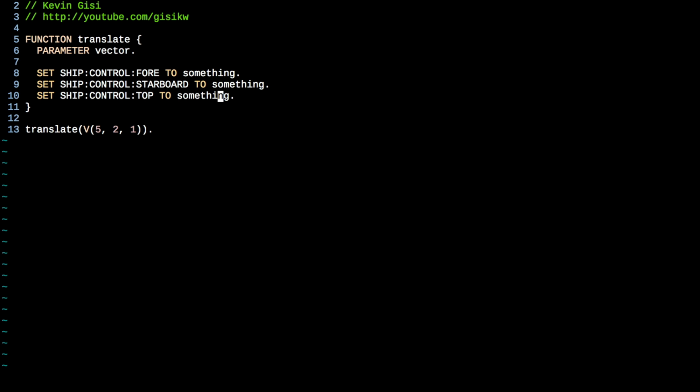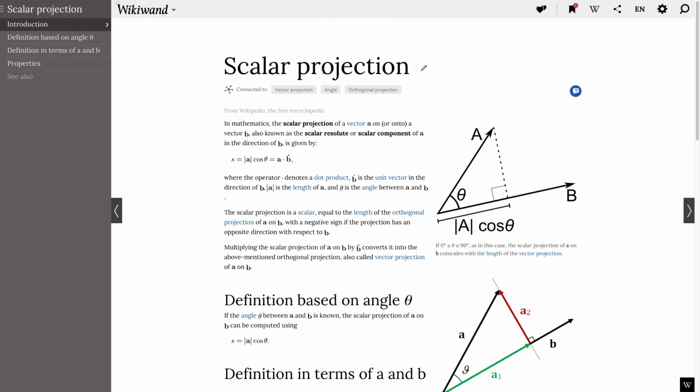So let's figure out how we can go from a vector that is in this 3D space to figuring out what the components should actually be for our RCS. So where better to find out that information than on Wikipedia? So I'm here on the scalar projection wiki page, where we can find some math, not too complicated, it's fairly easy, regarding these vectors, and how we can figure out, given a vector that is pointed in any direction,